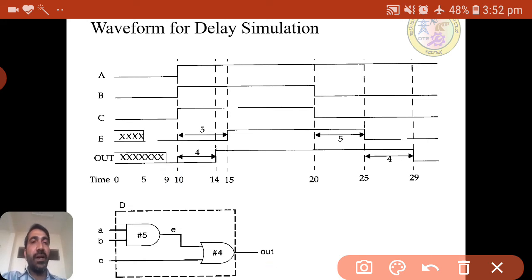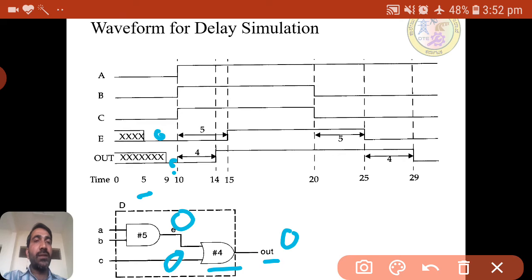At 5 nanoseconds E will be given. Because A is 0, B is 0, C is 0, with A and B both 0, E will be 0 at 5. But up to 9, out will be unknown only. At 9, because E is already valid at 5 and is 0, and C is also 0, if both are 0 the output is 0. So at 9 the output is also 0.